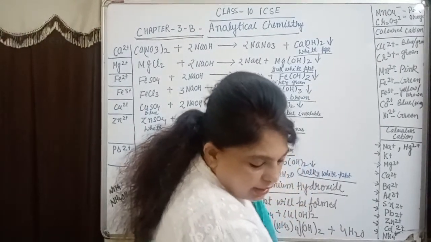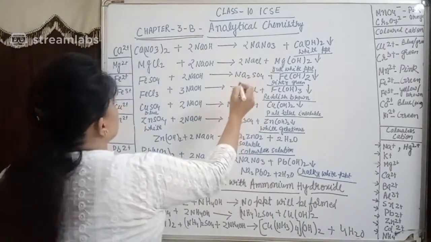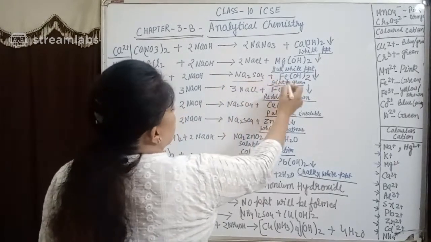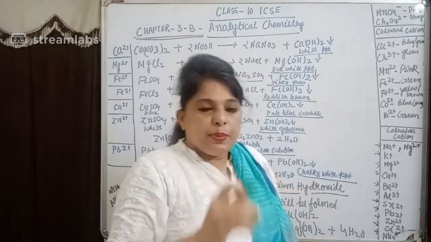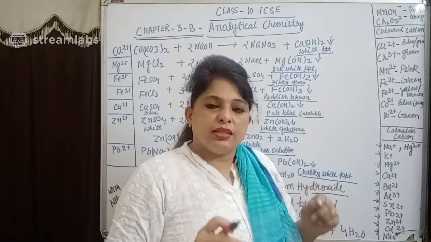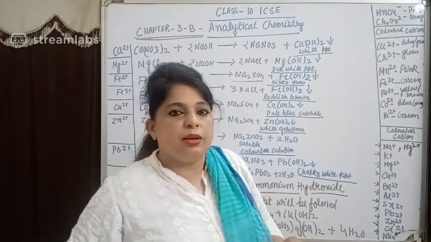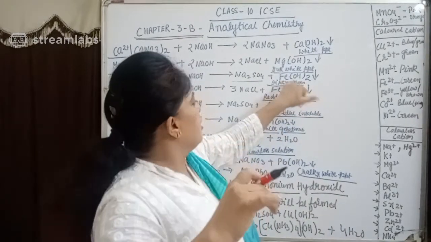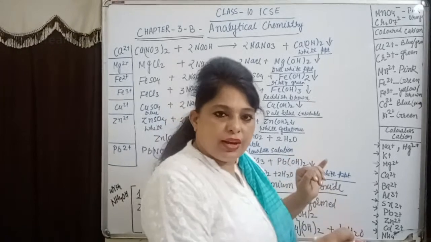Yes, Dikshant, it's not NaSO4. We will get Na2SO4 plus Fe(OH)2, and the color of the precipitate. On the basis of the color, we can easily tell that ferrous hydroxide is produced. And what is the color? We know that a dirty green insoluble precipitate can be seen here when we add sodium hydroxide to ferrous sulfate.